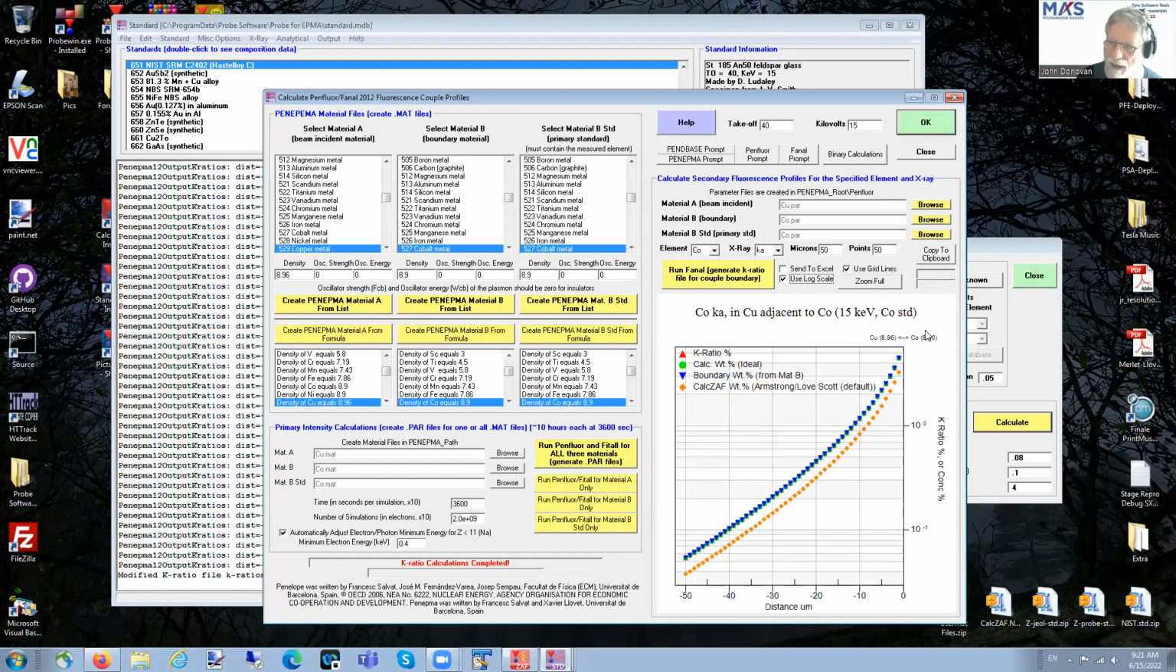The copper on this side and cobalt on that side. I had an example. I'm running out of time here. I'm going to wrap up, but I had a problem